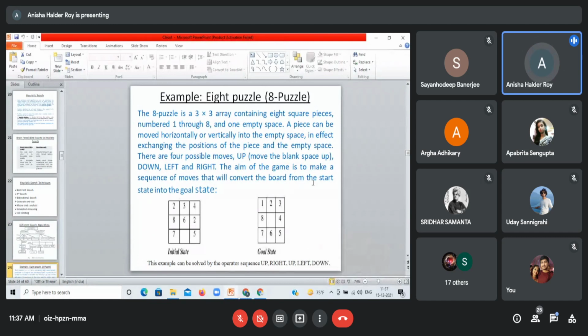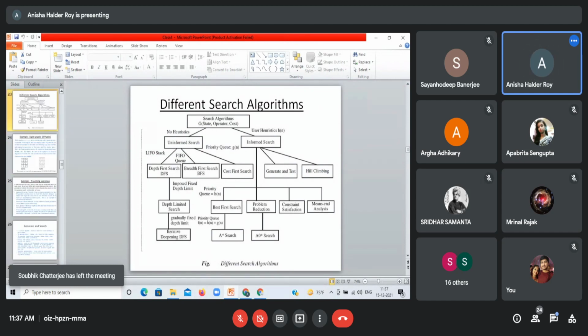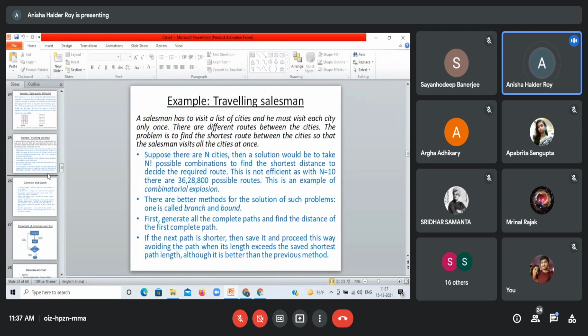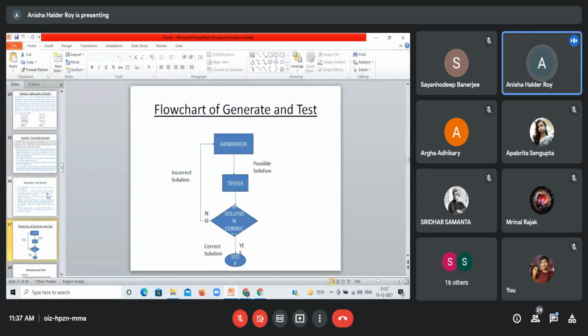So this was the 8 puzzle problem. There are total 8 tiles and one blank tile, total 9 tiles, 8 are numbers and one is blank. You can move the blank tile. Thus, with the help of this 8 puzzle problem, we will see these algorithms. We have already solved the 8 puzzle problem with hill climbing. So, generate and test আমরা করেছি. Nothing in it. Very easy. I think everybody understood this.